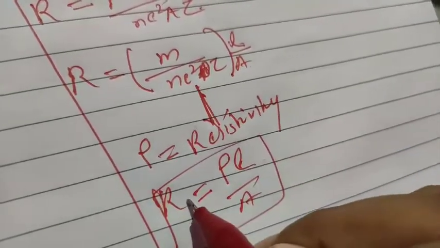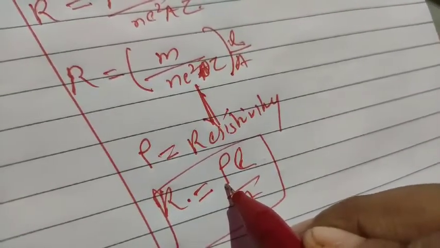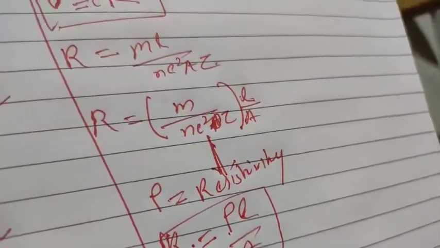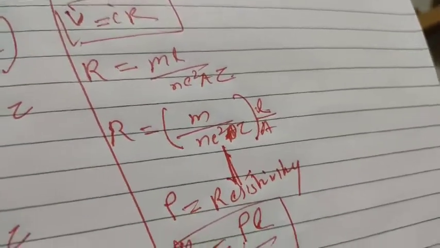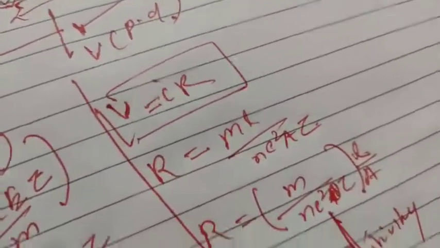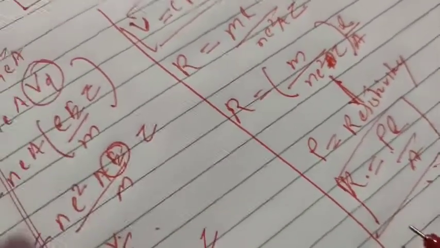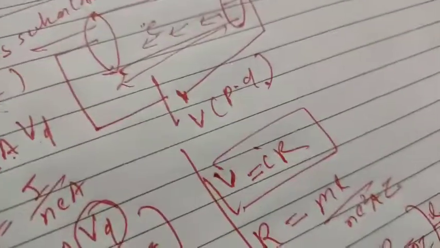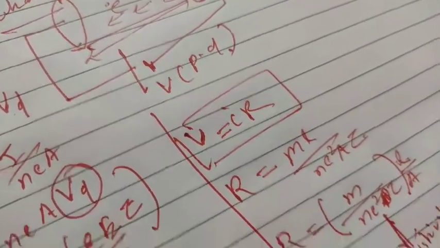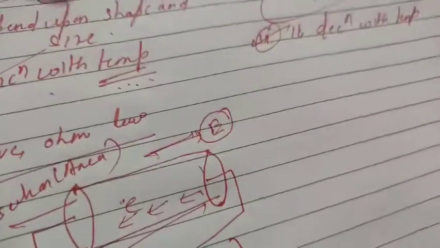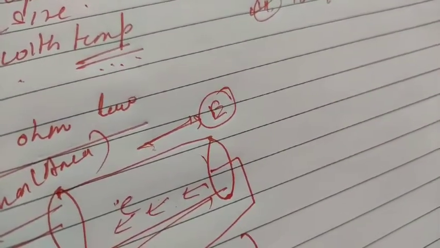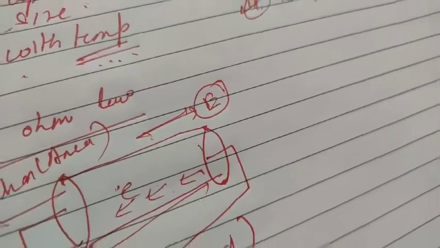So here R is the resistance, rho is the resistivity, L is the length of the wire and A is the cross-sectional area. Clear to you, student? I hope you have understood. Now we will move to some simple concepts. One is conductor, another is conductance and third is conductivity. A conductor is a substance which has free electrons and to which we can apply an electric current.